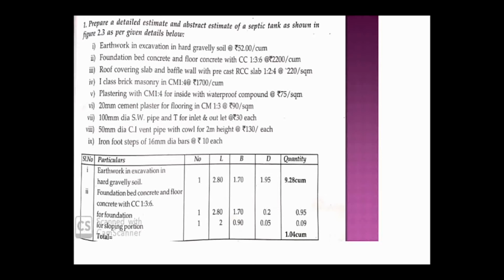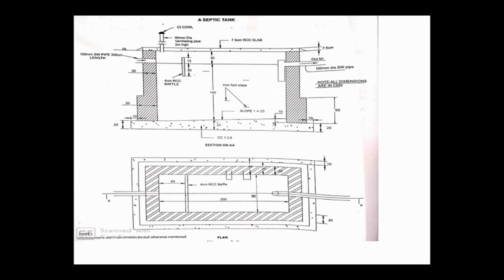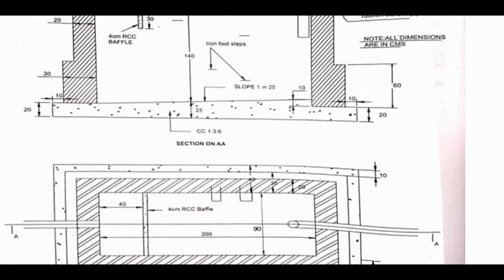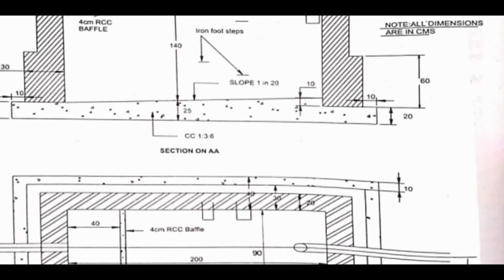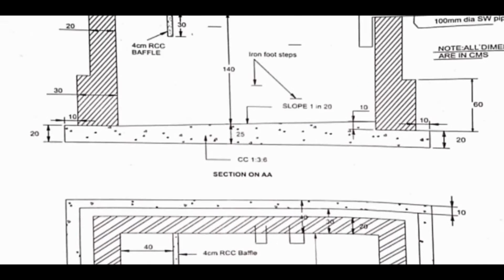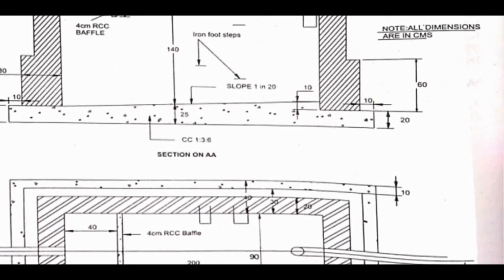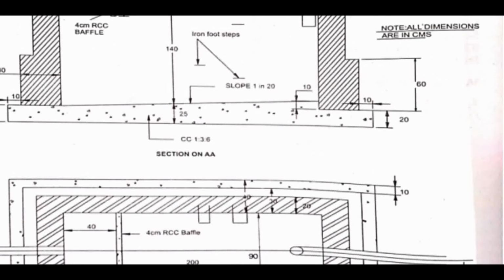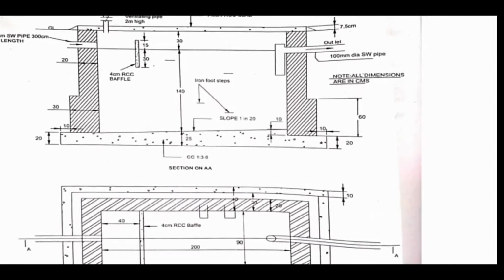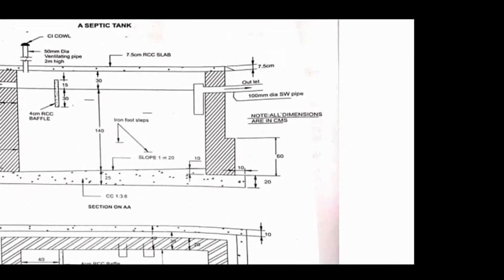For foundation first we have to find out, and then for sloping portion, here in this diagram you can see the sloping portion, right? This sloping portion is your flooring, right? Inside to inside, right? Always flooring we are going to give it in the inside to inside. So here whatever the concrete portion, dotted portion is there, that is your concrete portion. So these portions we have to calculate now. That means first we have to calculate the floor concrete.